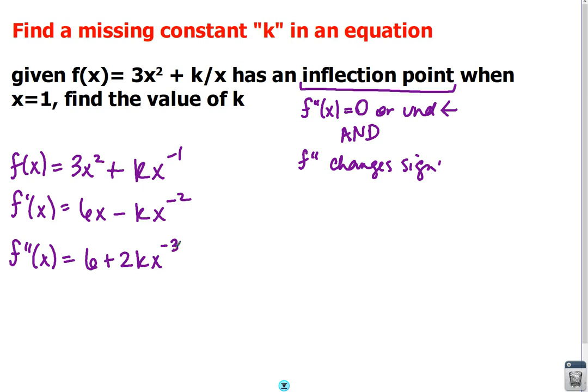Okay, now I know that I have a point of inflection, aka one of these two things is happening at x equals 1. Well, I know that the only way for my second derivative to be undefined, because this is the same thing as 6 plus 2k over x cubed, would be at x equals 0, because then I have a 0 in the denominator. So that's nice and all, but that doesn't really help me solve for k because I can't plug in a 0 here. But what I can determine then is that when x is equal to 1, that means